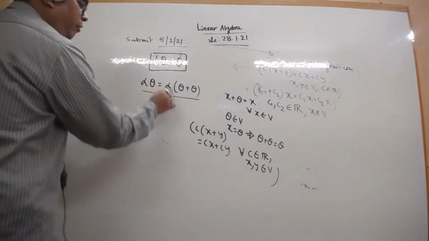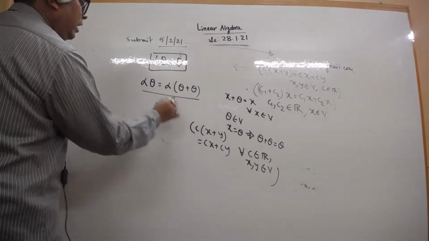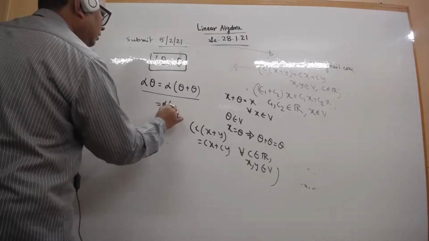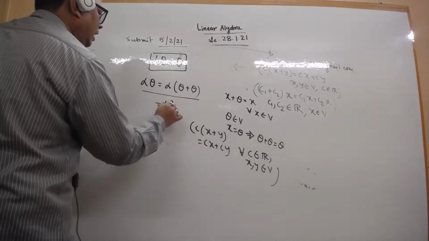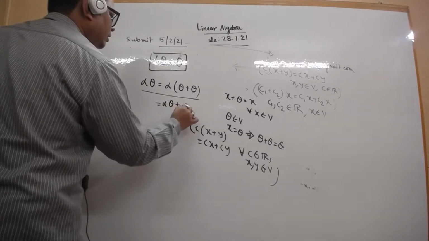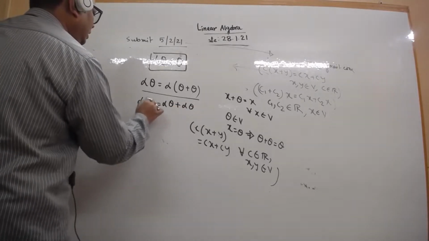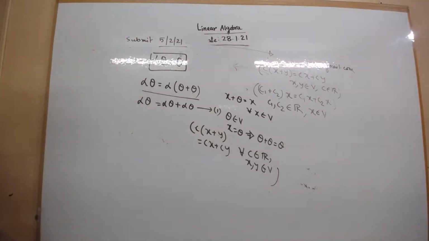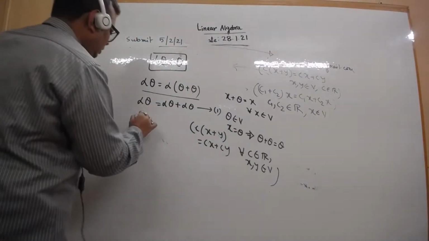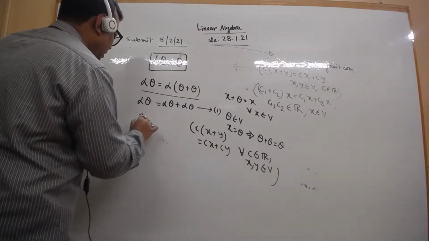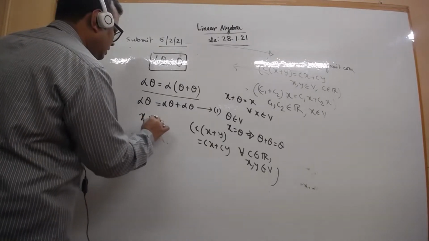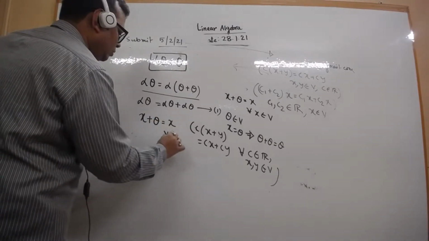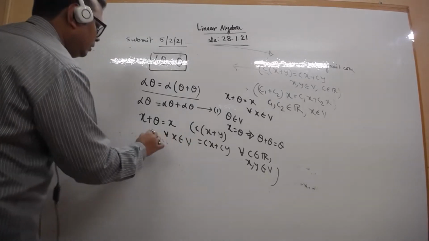So now alpha is your C, and theta is x, y. So from this axiom we write alpha theta equal to alpha theta plus alpha theta. I denote this by 1. Again, we know for all x there exists theta, x plus theta equal to x for all x belonging to V. Now comparing